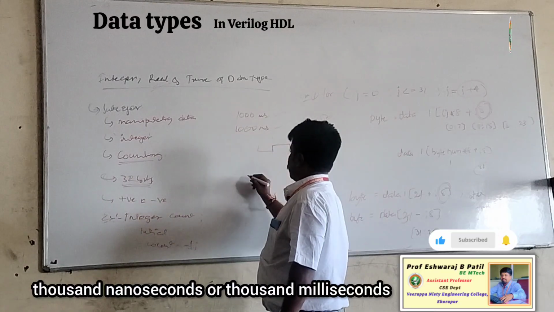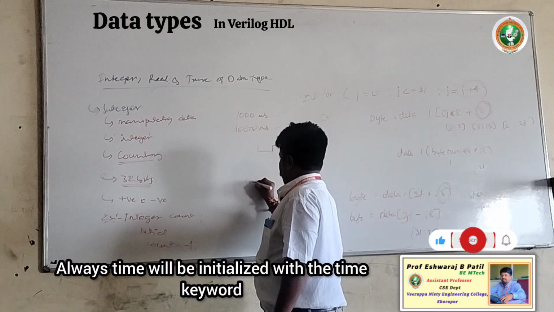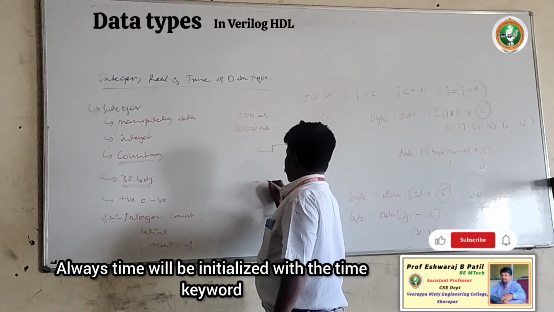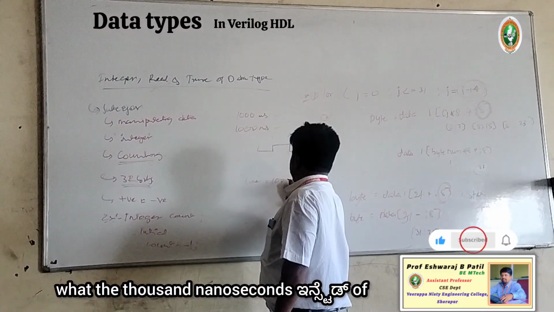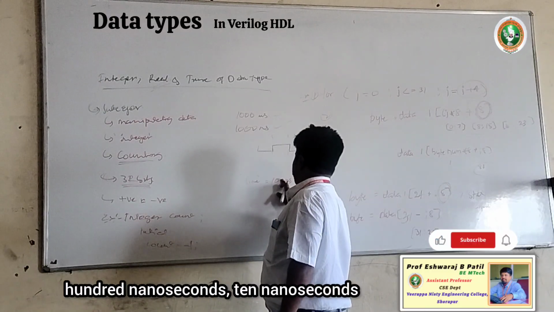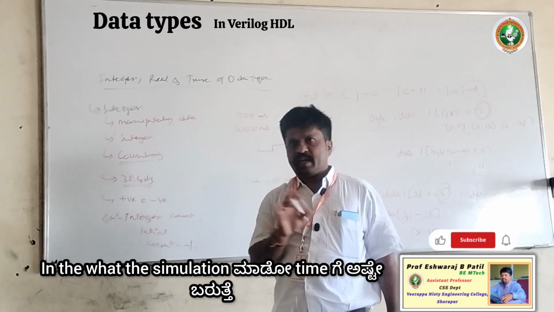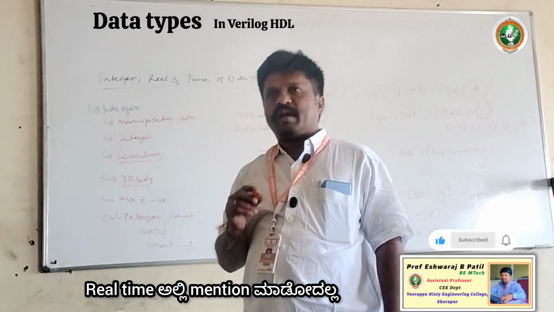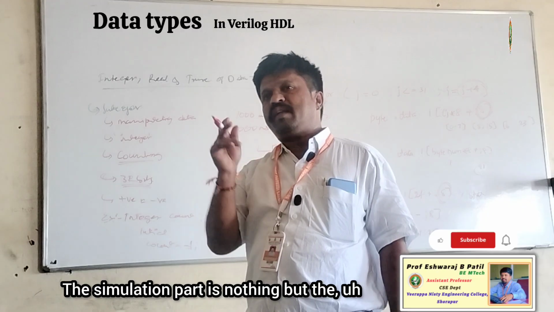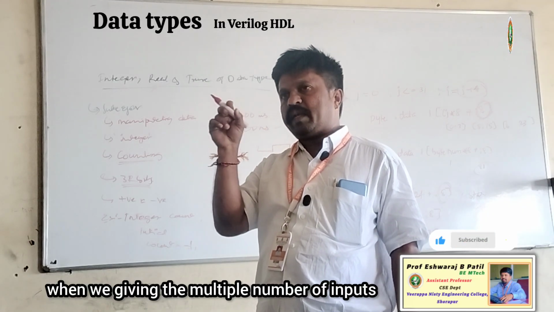1000 nanoseconds or 1000 milliseconds. Always time will be initialized with the time keyword. That's the time equals to 1000 nanoseconds, 100 nanoseconds, 10 nanoseconds. Like this we can define. In the simulation, only simulation time comes; real time is not mentioned. The simulation part is nothing but when we are giving multiple inputs,